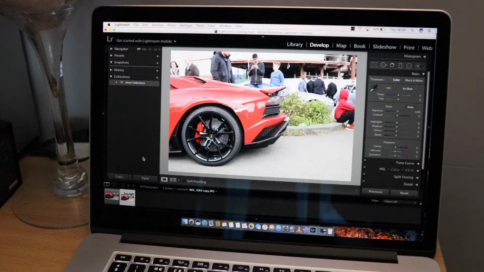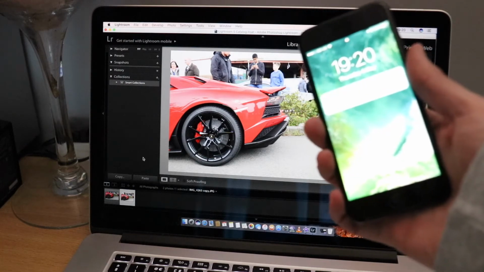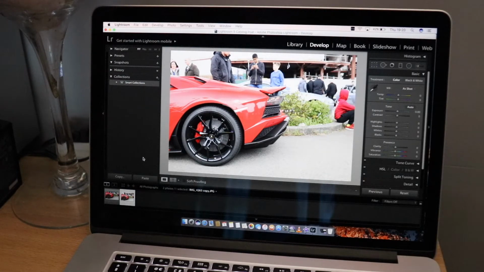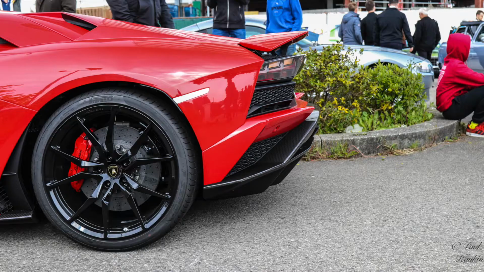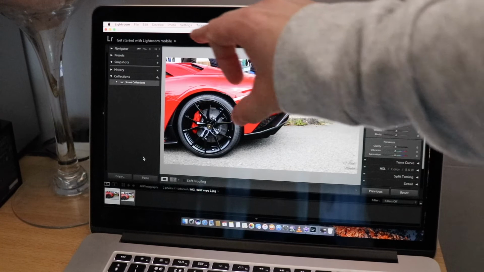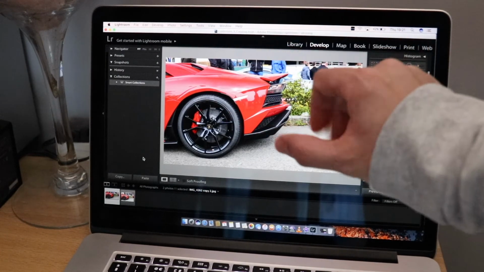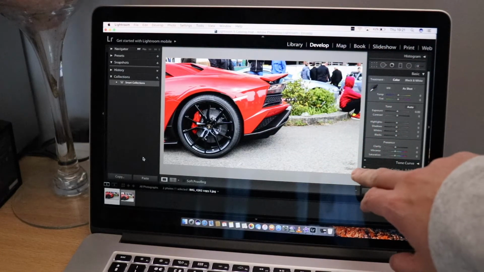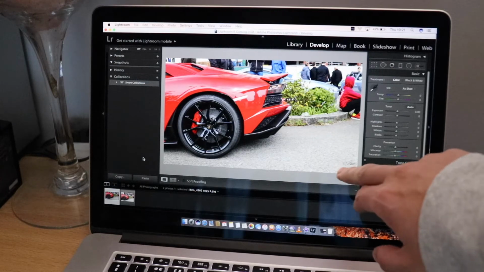Now I've also got the same picture on the iPhone. Once I was done editing, if you haven't seen this picture yet, I'll show you now. This is the image that I took, and then this is the final edited version. As you can see, the car's a nice deep shade of red. I've cut the people out, made it a bit smaller, added my logo into the corner, copyrighted to my name,